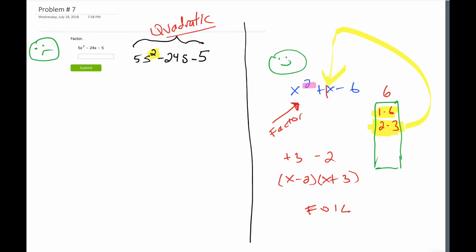This one, it's hard because it has a number in front. You see this has an invisible 1 in front? This has an actual number in front. That's what makes it hard, and that's what gives you a sad face. Got it? Yes. The reason why they're awful is because yes, and it's trial and error, and you don't want